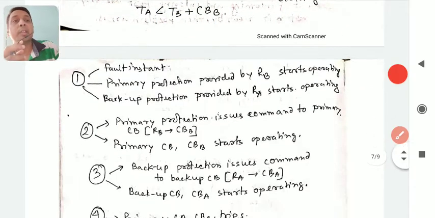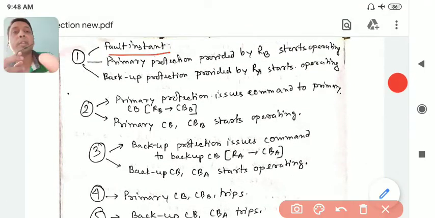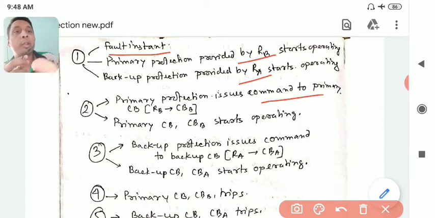So again I have written clearly all the instants. Again you can go through it. A is the fault instant. So at that instant both the relays will start sensing. Both the discs will start rotating. The primary protection will issue the signal. At the second instant the primary has issued the signal. That means the primary disc has already reached its target. So it hits. It hits means it will give a signal to the circuit breaker B, that is your primary circuit breaker.